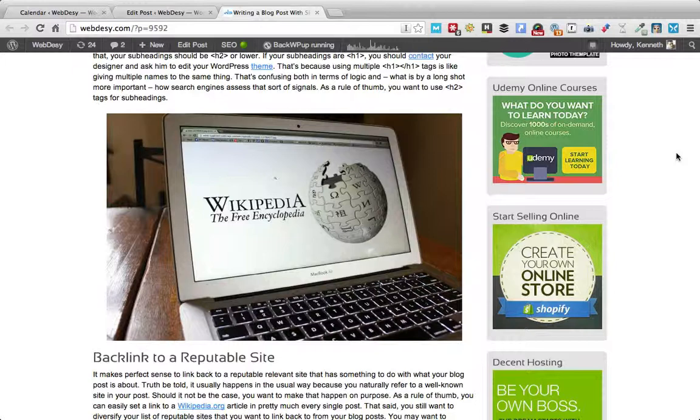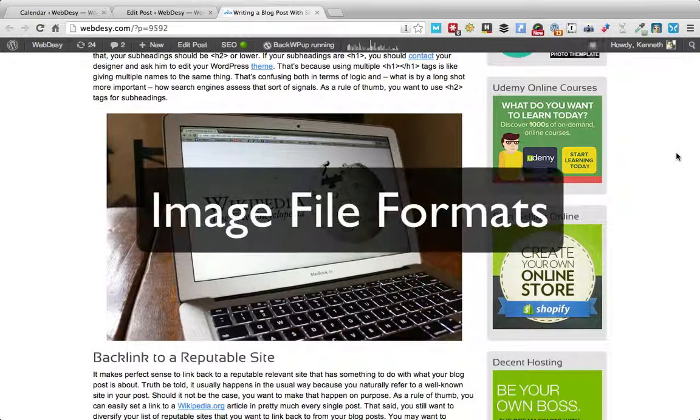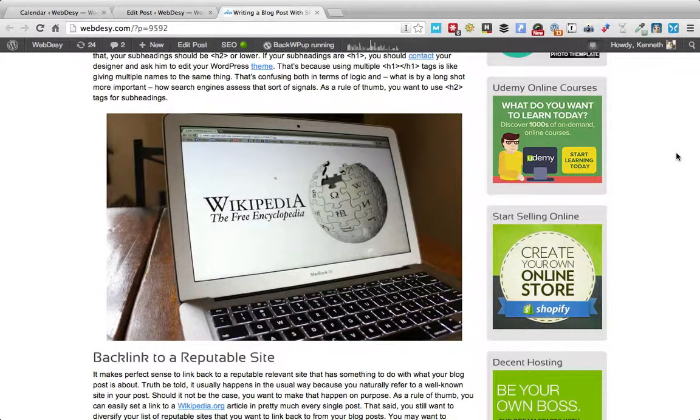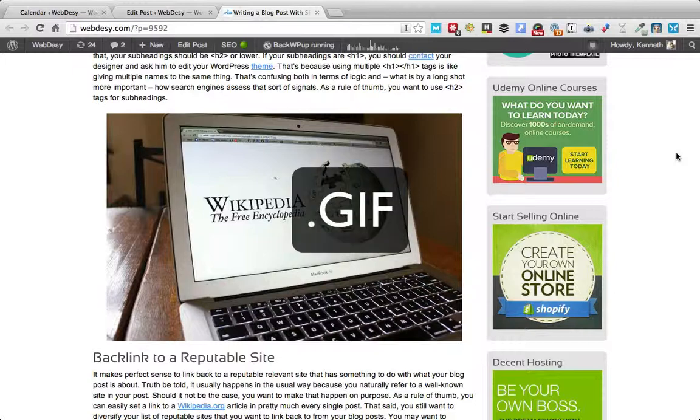Basically, that's exactly when your Photoshop skills can come in really handy. Speaking of which, other than making sure that you use the right dimensions for your image, you should also keep an eye on image file formats, such as GIF, JPEG, and PNG. Now let's see what's the difference between the formats. GIF. First of all,